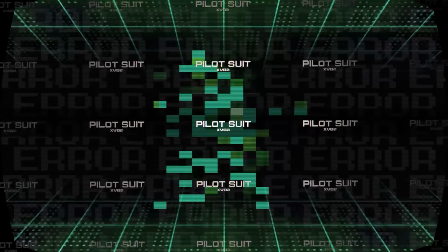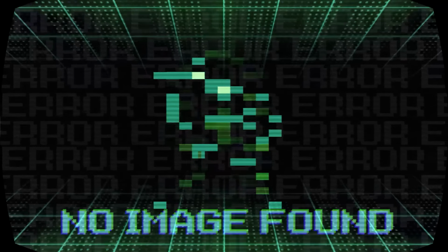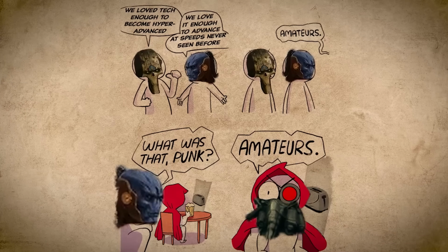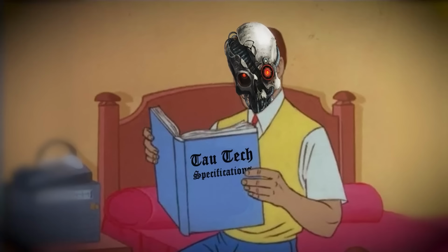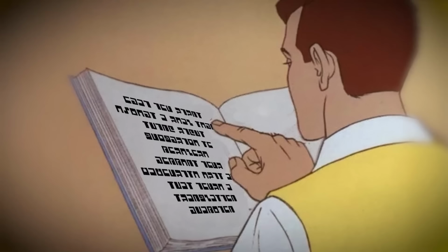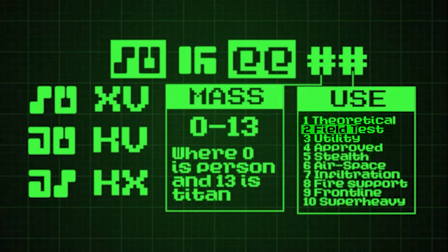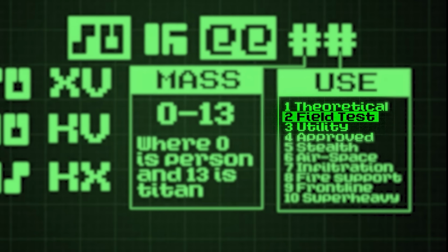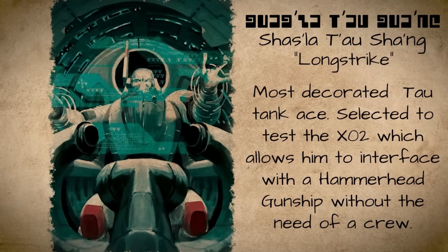The smallest suit on our list, the pilot suit, is the perfect place to start, as there is quite a lot we can learn about the Tau and their love of battlesuit technology just from this simple piece of war gear. And to get that part out of the way, it is very simple. We actually don't know a whole lot about this suit because the XV-02 pilot battlesuit is, as the number 2 in its designation would suggest, still a prototype, which is currently being field tested by the famous Firecast tank ace